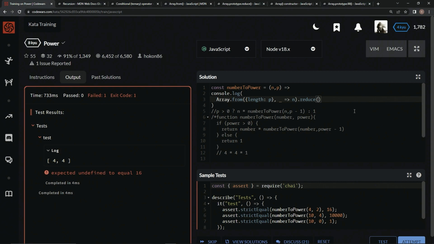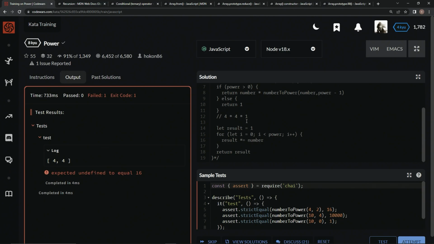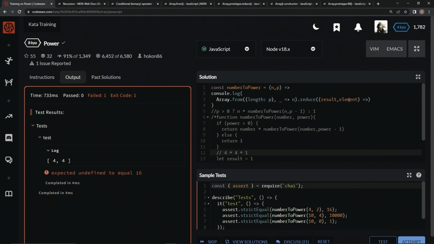I'll show you what those really mean. Inside these parentheses, instead of accumulator and current value, we're going to say result and element. So it's going to be just like this result right here, and the element is going to be this element and then this element, because it's going to go through, applying the first element to the result, and then the second element to the result. So we're going to come over here and say result